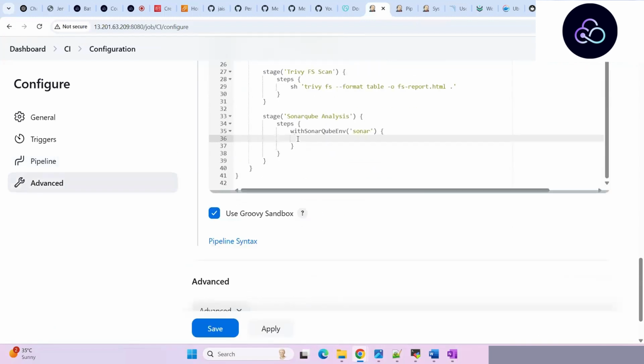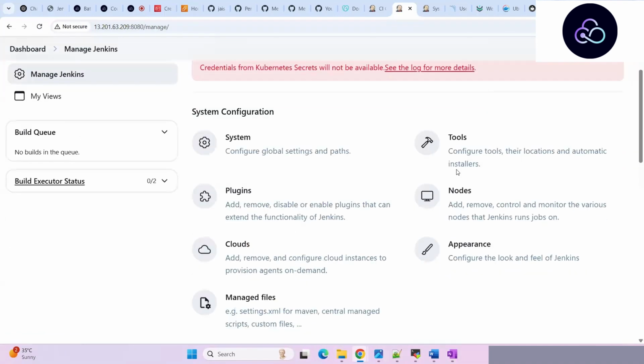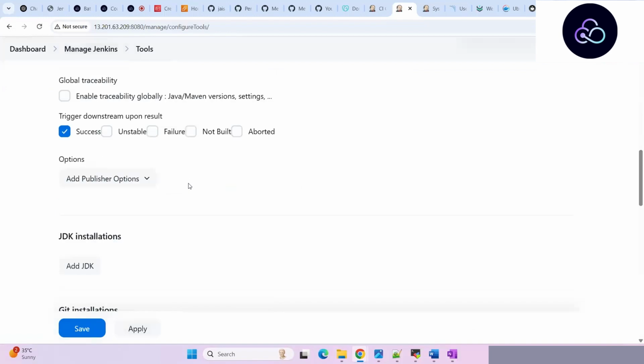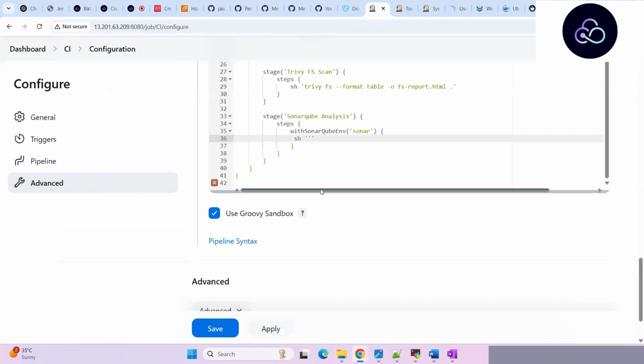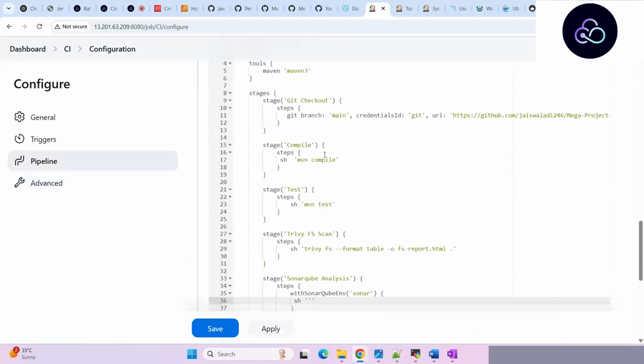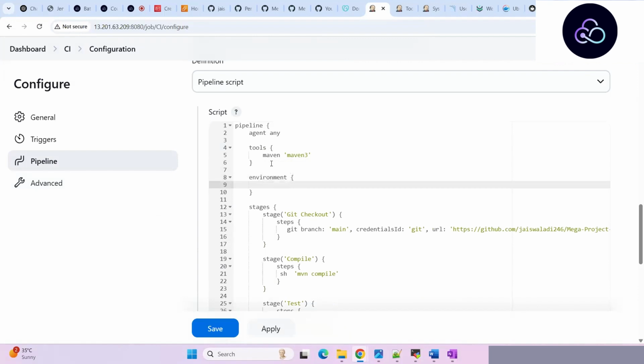Now we need to add some. Now you can see I am using 3 quotes. That means if you have multiple lines of code, you can use 3 quotes, open here and close in a third line. Now, as I told you, whichever tool you define in the tools section, if you want to use it in your pipeline, you have to define it in your pipeline. So how can we define it? If I go here, we are going to create an environment. And the environment name is going to be